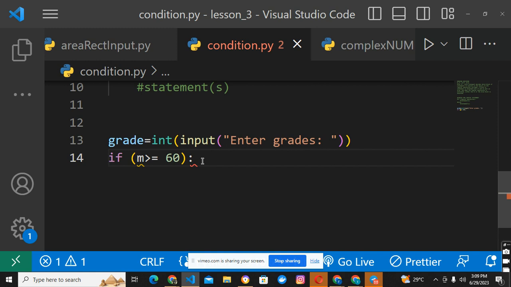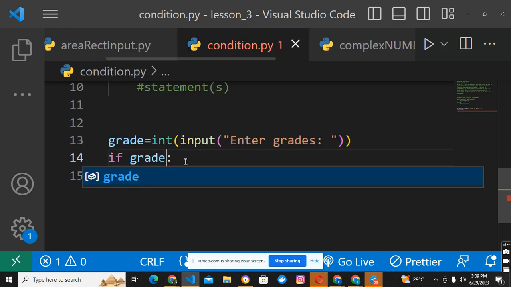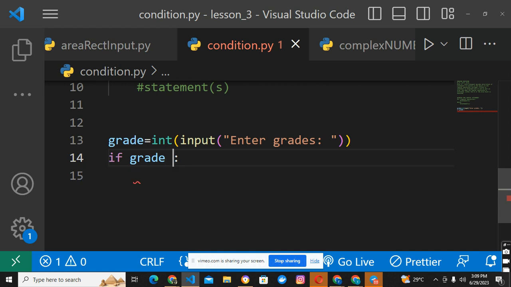So if m is greater than or equals to 60, you understand? Oh, sorry. Let's say grade. Let me remove this bracket. I like to do things very fast. If grade is greater than or equals to, say, 60, you can now say print